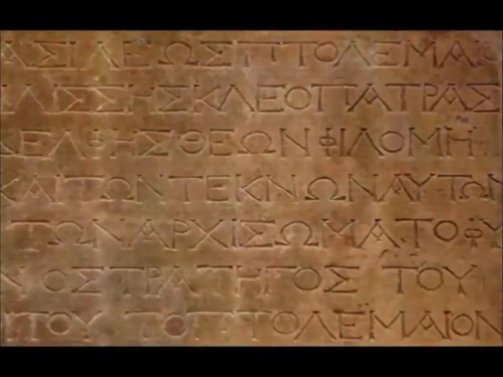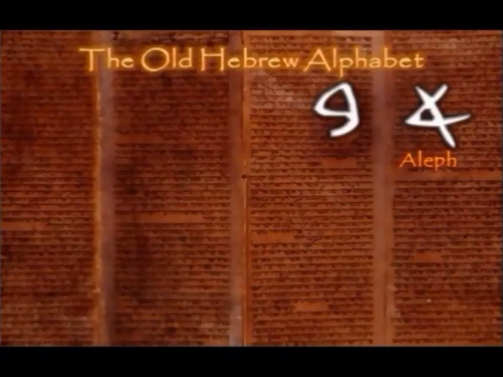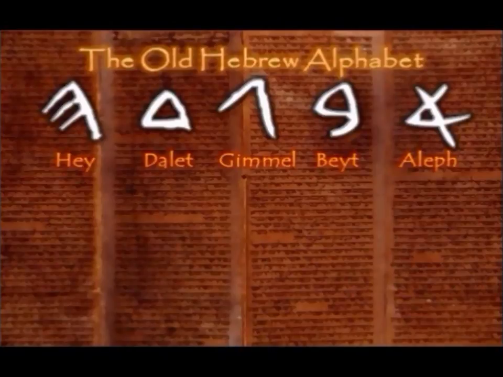Here we see the first 5 letters of the Old Hebrew alphabet: the Aleph, Bet, Gimel, Dalet, and He. But when reversed, we see the ancient Greek alphabet: the Alpha,